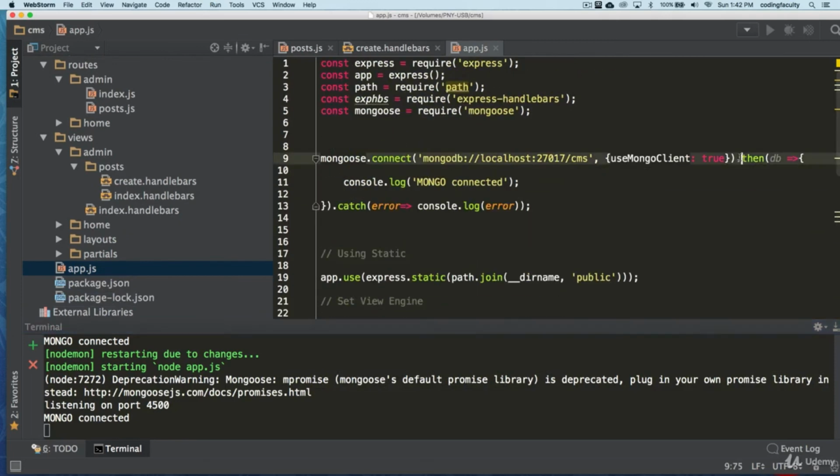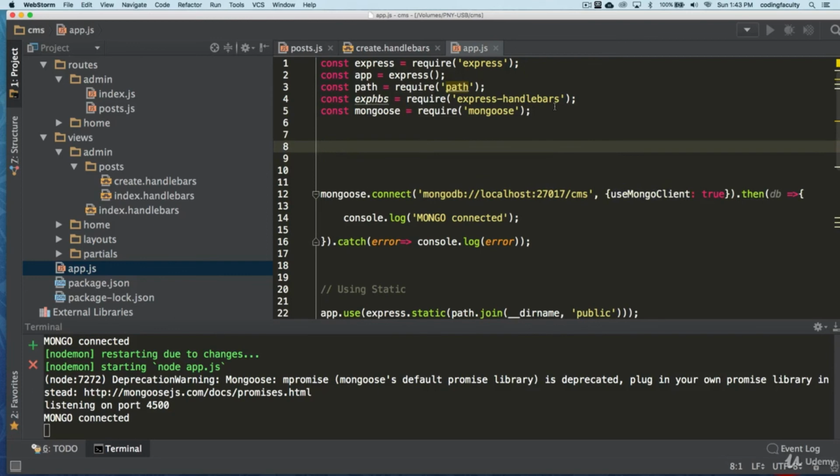This is because we're using promises here. Out of the box, Mongoose doesn't have promises. They did have it before, but right now we are telling it to use the Mongo client promises, so the default promises for ES6.